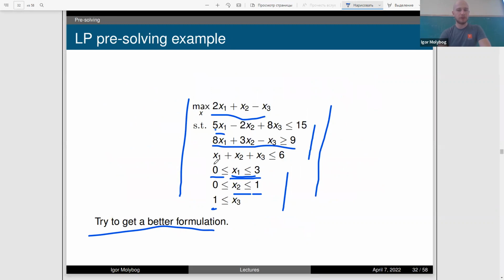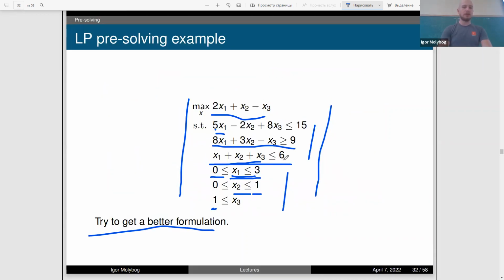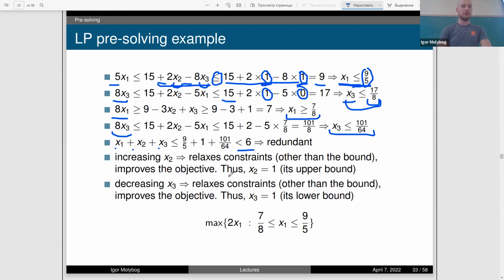Then the third inequality, for example, turns out to be redundant just because if we substitute individual bounds instead of x1, x2, and x3, we'll figure out that x1 plus x2 plus x3 is already less than 6, and therefore this inequality over here is just not needed to us anymore. And increasing x2